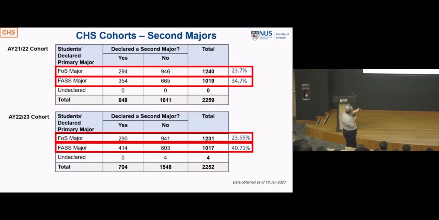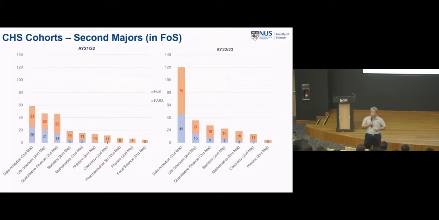Then, the other cohort is about the same too, right? Now, let me just show you, what are they doing? What kind of second major? They all have their primary major in physics, life science, chemistry, and all that. But what are they doing as a second major? This is the most popular second major. Right? Just to orientate you, this is the third year people, this is the second year people, your seniors. The orange color is the science primary major, the blue color is the arts primary major.